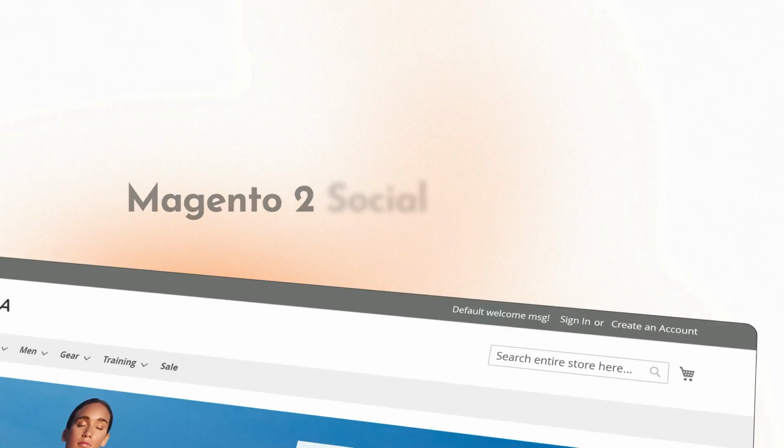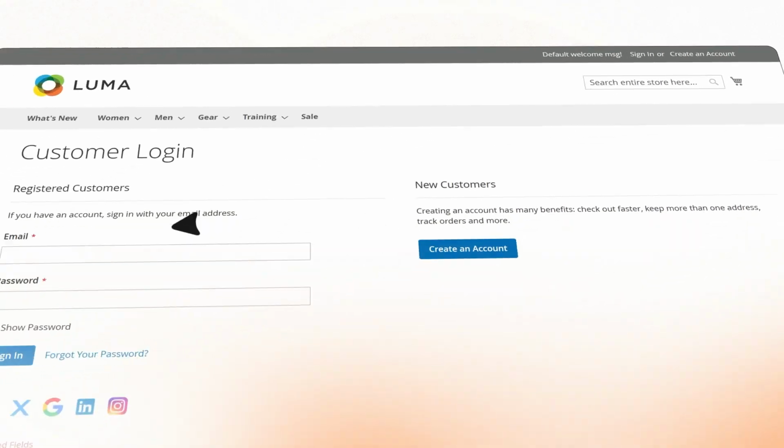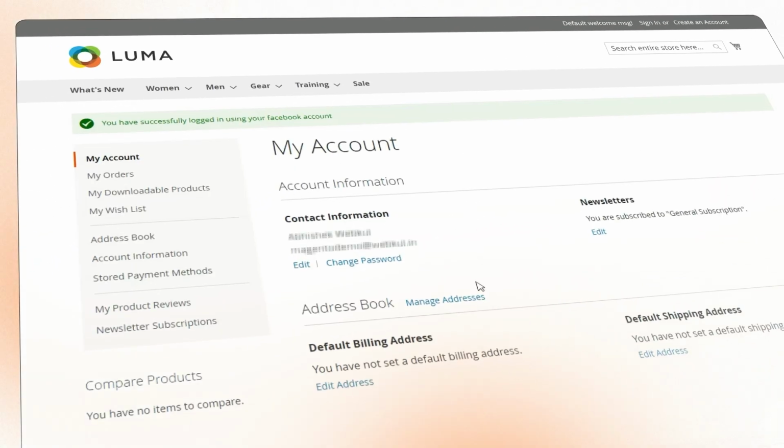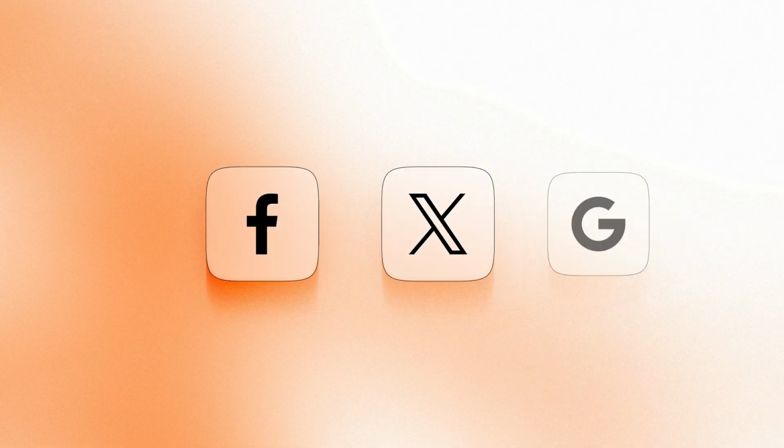Hello everyone! Today we'll explore the Magento 2 Social Login module. It allows customers to easily log into the online store using their existing social network credentials from Facebook, Twitter, Google,